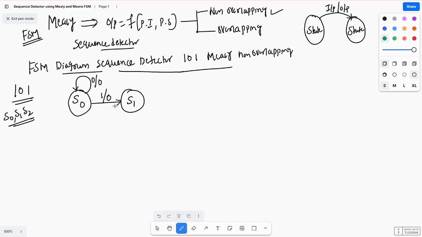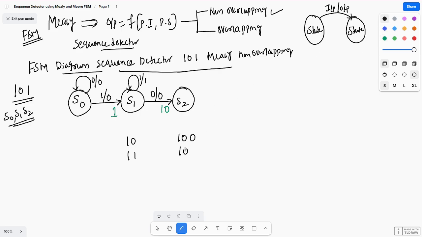Here you got the sequence 1. Next, in this state you need to search for 10 or 11. If it is 10, it will go to the next state, S2, with input 0 and output 0 only. If it is 11, it will stay in the same state, with input 1 and output 1. Here you got the two sequences, that is 10. Next you can expect